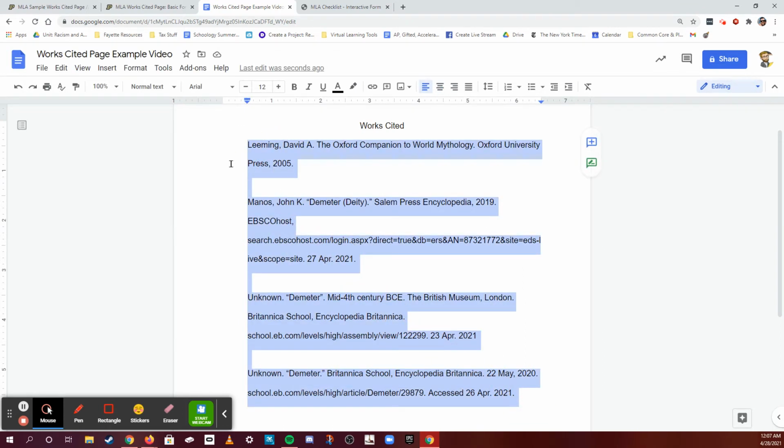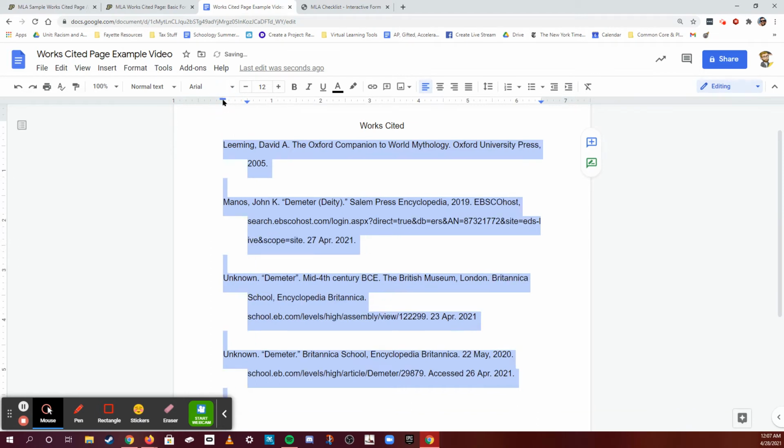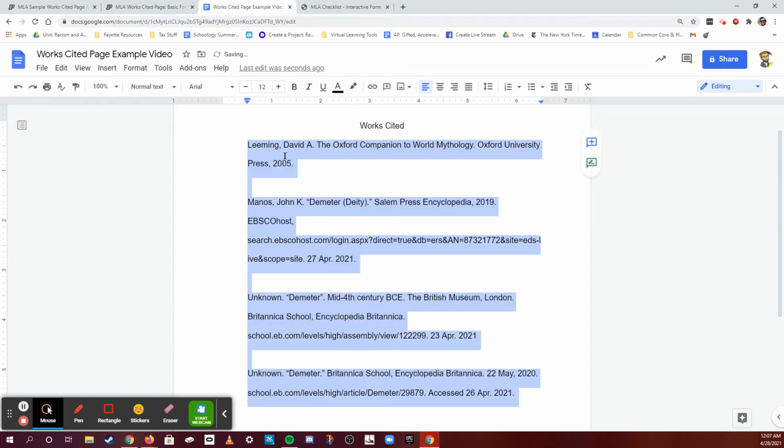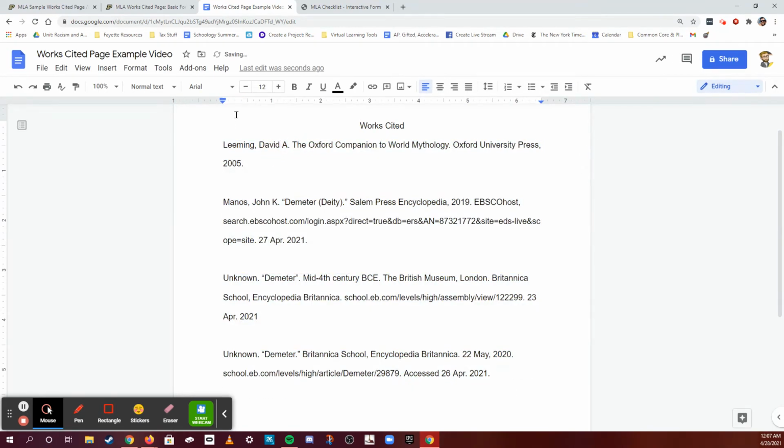So I'm going to highlight again. I'm going to drag this little rectangle back to where it was, to 0.00. And that's it. Okay. So what that has done is that has said, okay, the first line indent stays right here. The second line, or the left indent, is going to go here. Okay. So just to show you that again, we've got